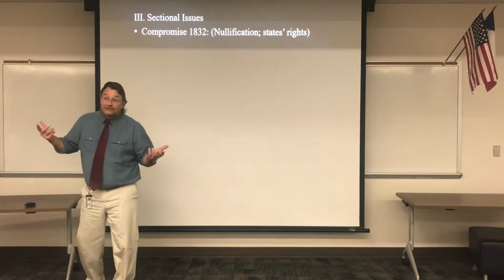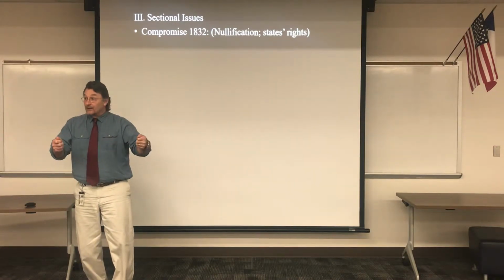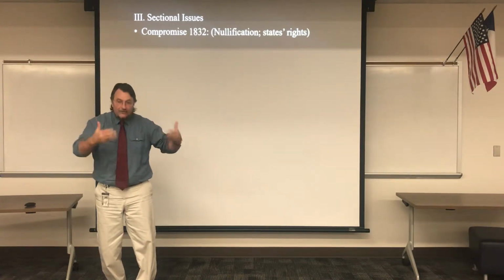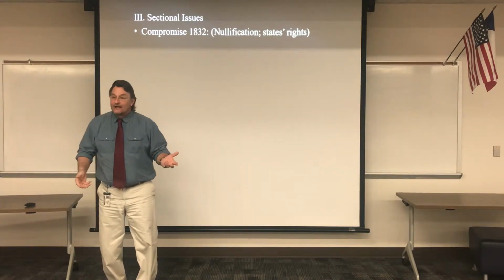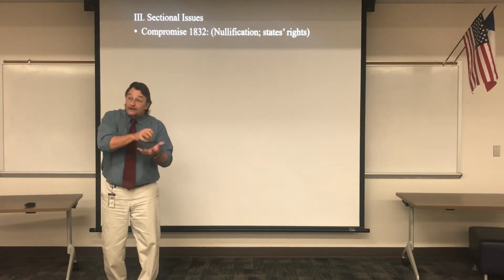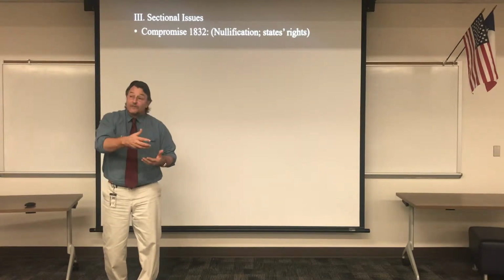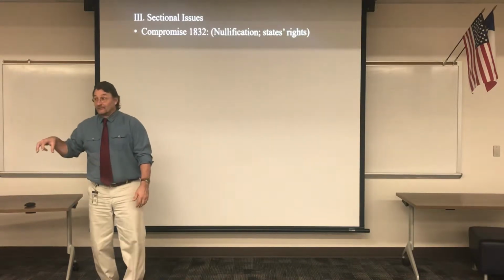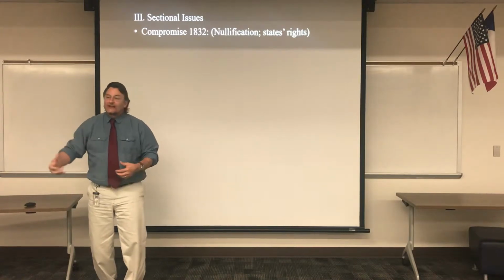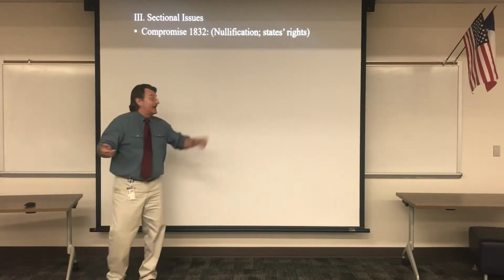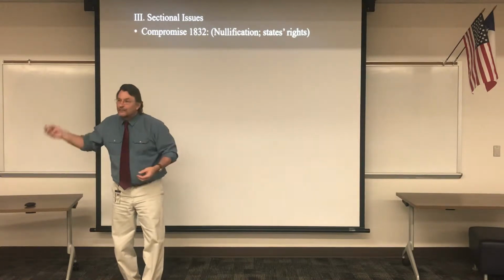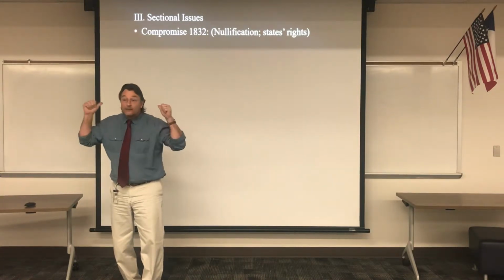What the 10th says is, when you look at the Constitution as your owner's manual, it gives the federal government tons and tons of powers. But it doesn't give the federal government all the power. So the powers that aren't in the Constitution for the federal government are reserved to the states. That's a big deal. That's how they're going to preserve that state autonomy that they had in the colonial time. Remember how Jefferson and Madison issued the Kentucky and Virginia resolutions? That's all coming into play right here.